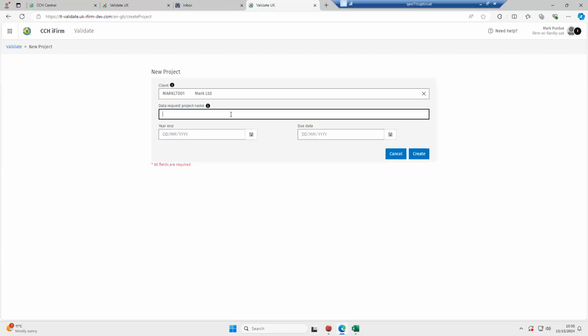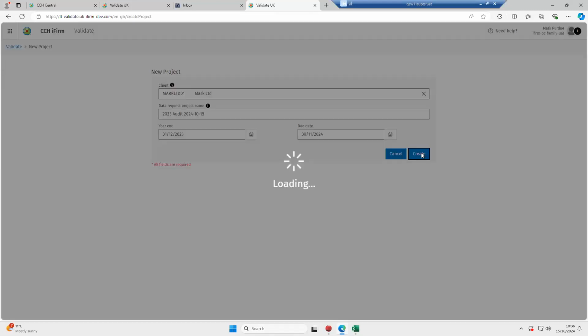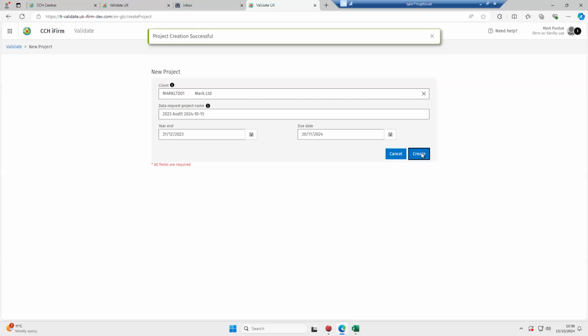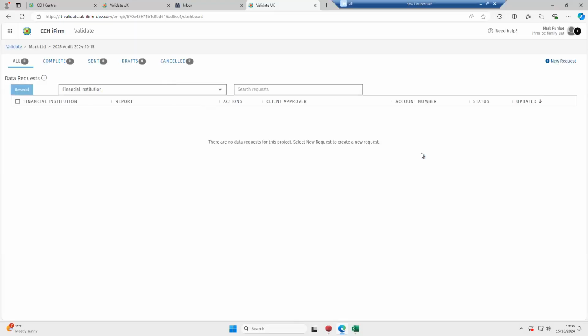So if I click New Project and search for my client that I've just brought in, you can see there's Mark Limited. We give it a name, so if I call it 2023 audit, and if I just put in today's date, put in the year end, and put in the due date, and create project. So what I've done is I've created the fact that I need to run a bank confirmation,